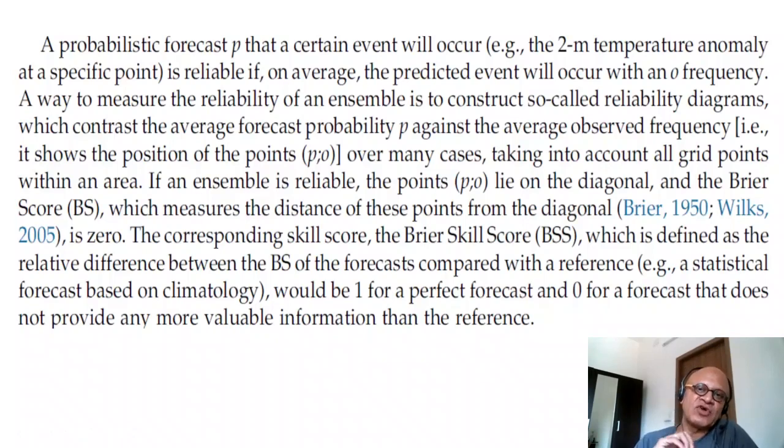So for example, if you're going to just use climatology and say 3 days later the weather is going to look just like today, then the Brier score is how close you are to the observed weather, let's say 2-meter temperature on day 3. And if the Brier skill score has 0 value, then it will be as good as climatology, as an example, a reference prediction. And if it is skillful, then it will be close to what will be observed on day 3.